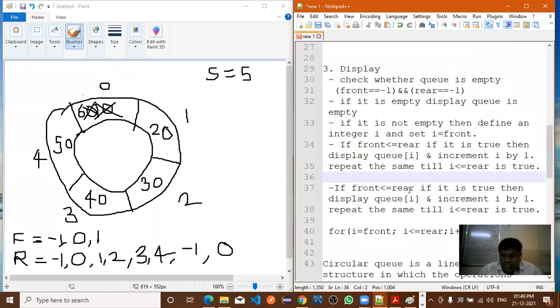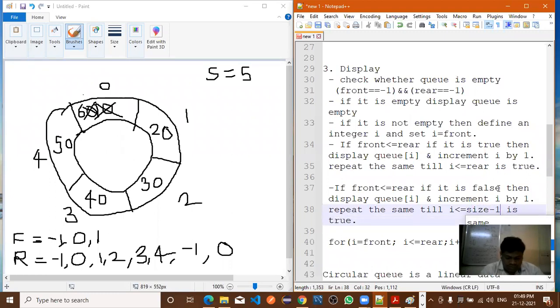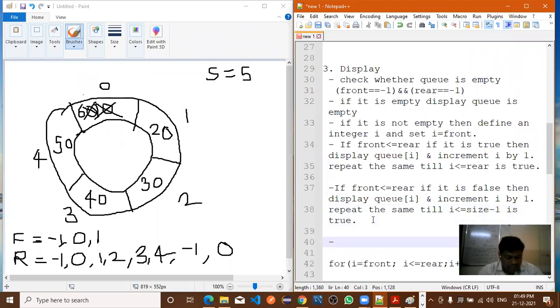Now, if front is less than or equal to rear, if this condition is false, then display the Q of I and increment I by 1 and repeat the same till I less than or equal to size minus 1. Now these two conditions you need to remember.